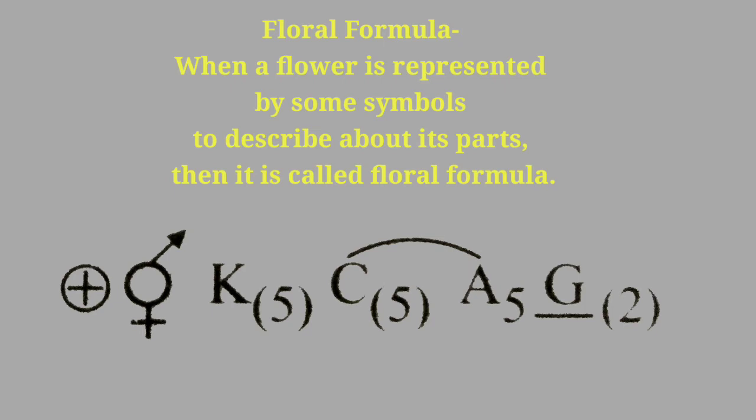2, that means there are 2 carpels and they are fused with each other. That means it is syncarpous. Again, the bracket is given. That means for every sign of fusion or union, the bracket sign is given. And as you can see, there is a bridge which is made above C and A, that means corolla and androecium. So that also means fusion. That means the flower is epipetalous. The androecium, or the stamens, are fused along with the corolla.